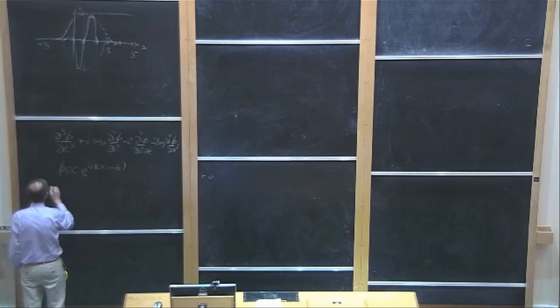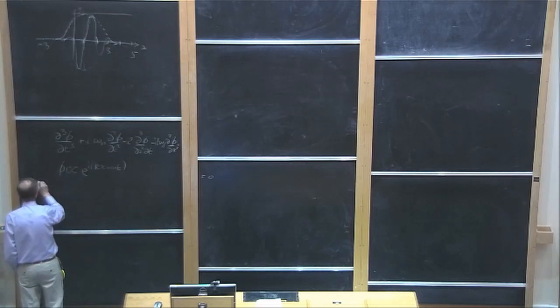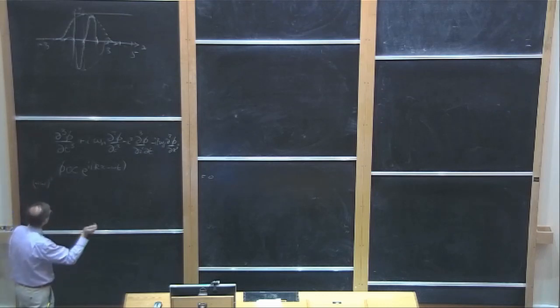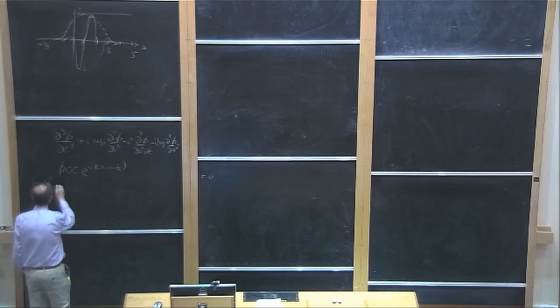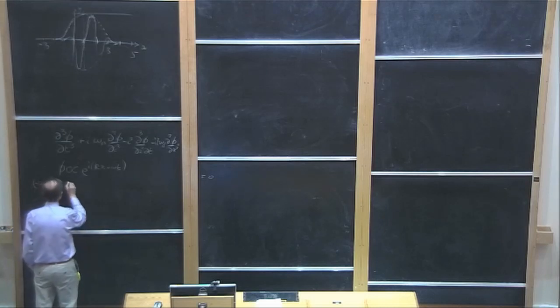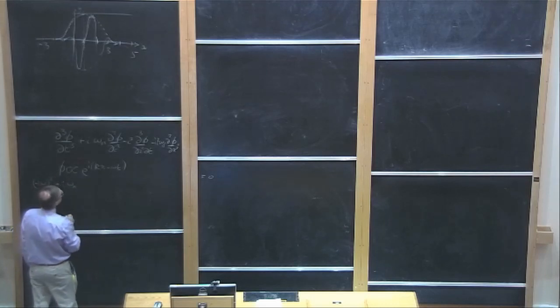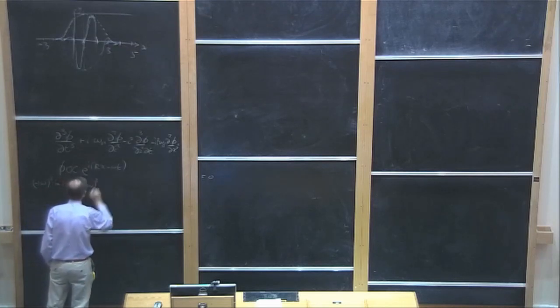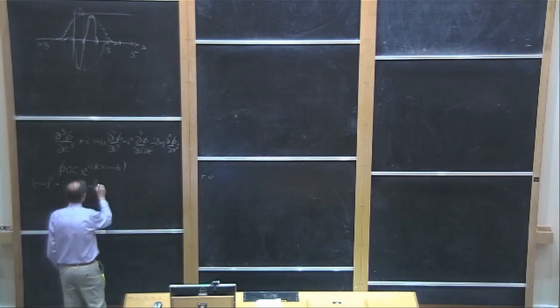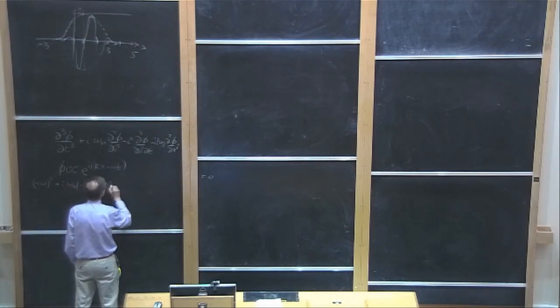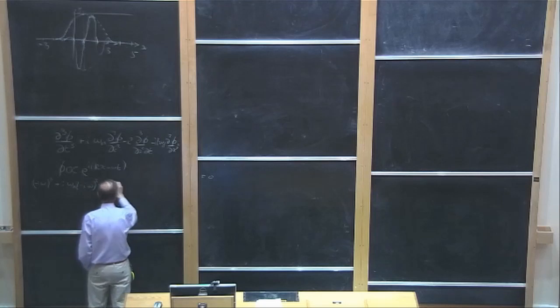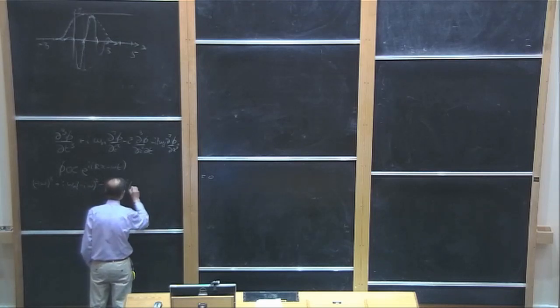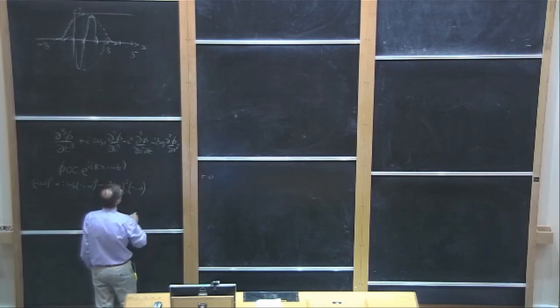So d3 phi/dt cubed will be (minus i omega) cubed times phi, and there'll be a phi in every term, so I'm not going to write that, plus i omega_n d2 phi/dt squared will be (minus i omega) squared, minus c squared d2 phi/dx squared will be (ik) squared, and the extra dt gives minus i omega, and then